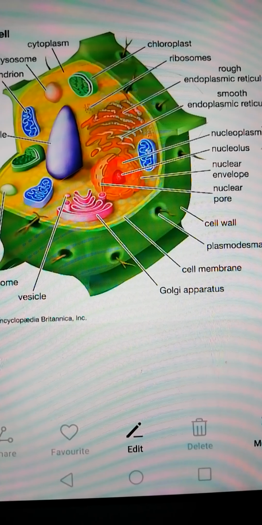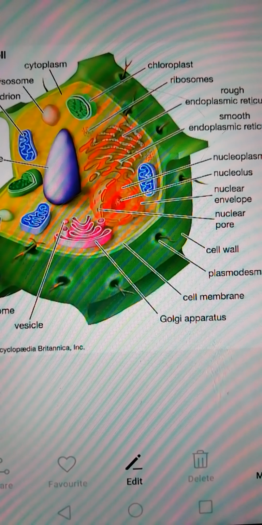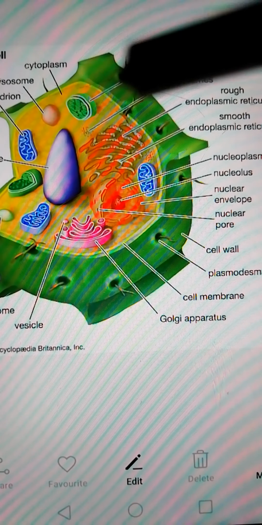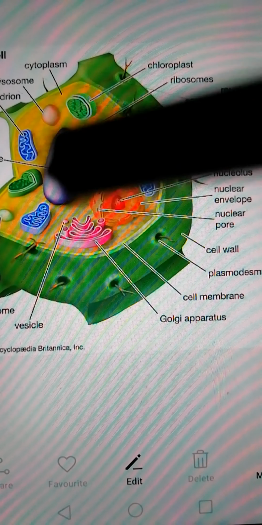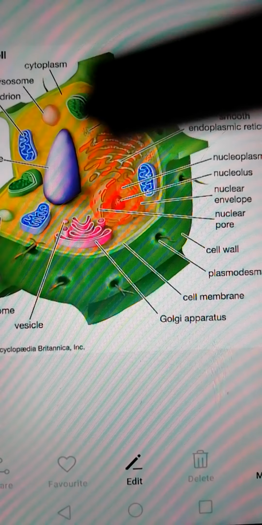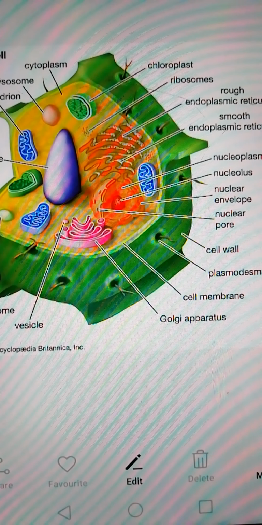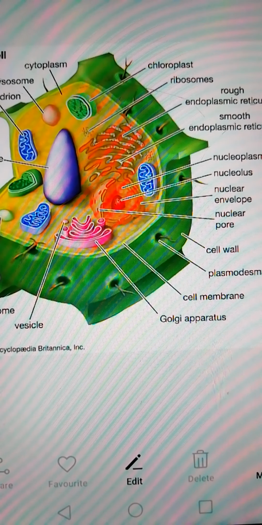All the animals and plants generally have the nuclear membrane except prokaryotic cells such as bacteria and algae. So friends, for general information, cells generally have a membrane to it. Membrane means an outer layer to it, outer covering. Every part of the cell has an outer covering, which is a membrane to it. So prokaryotic cells don't have a membrane, whereas eukaryotic cells have a membrane to it. So you know that the algae and fungi are just single celled organisms. Some of them are single celled, which don't have a membrane to the parts of the cells.